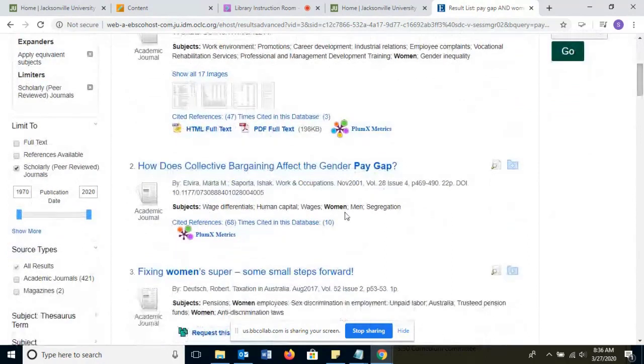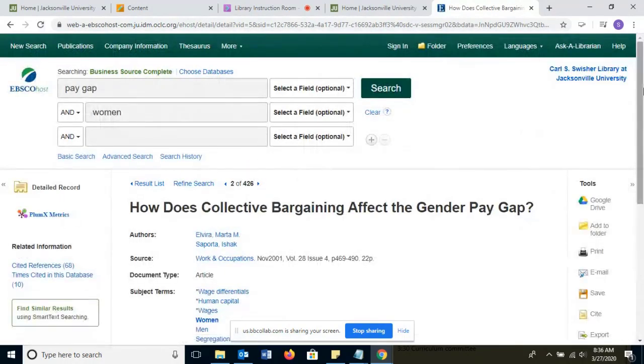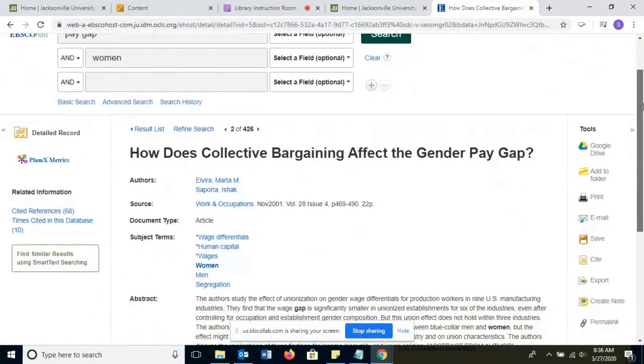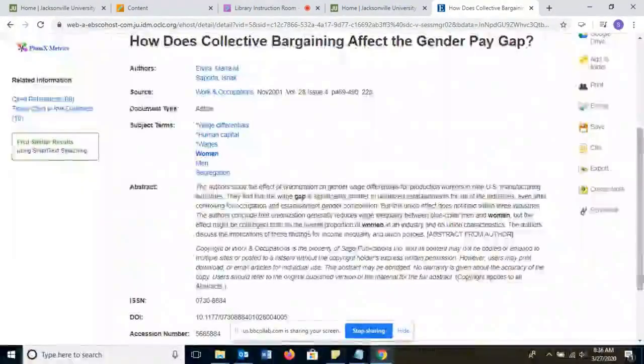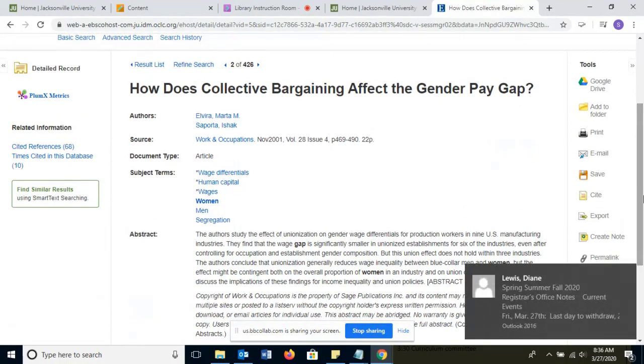Now sometimes in the databases you'll find an article like number 2 where there's not a PDF attached. Most of the articles do have PDFs attached, which is where you would view the article. But in the case of number 2, there's actually no PDF attached here. We could still get this article through interlibrary loan, but in this case in the databases we only have the abstract of the article, which is a summary of the article. Notice that the keywords that we typed in the database are in bold, so that helps us as we're browsing through the abstract to see if it's related to our topic. But in this case, we would have to request this through interlibrary loan if you would like to view this